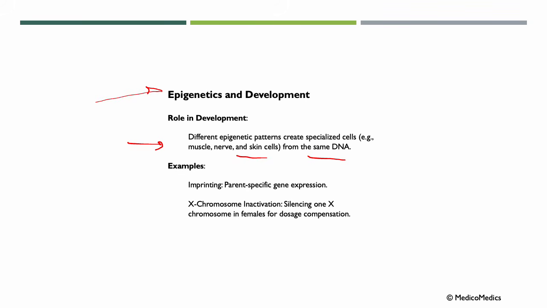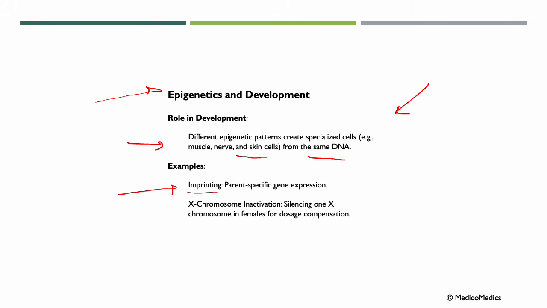This is achieved through mechanisms like DNA methylation, histone modification, and non-coding RNA regulation. These can control gene activity without changing the underlying DNA sequence. Some examples could be imprinting,